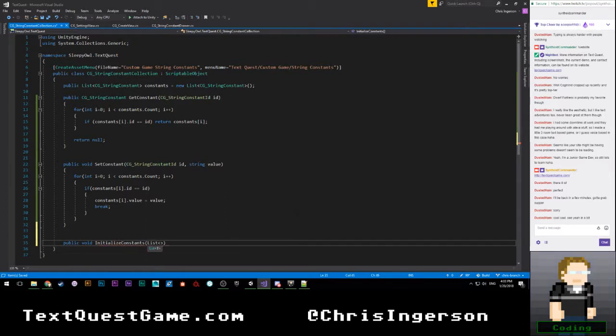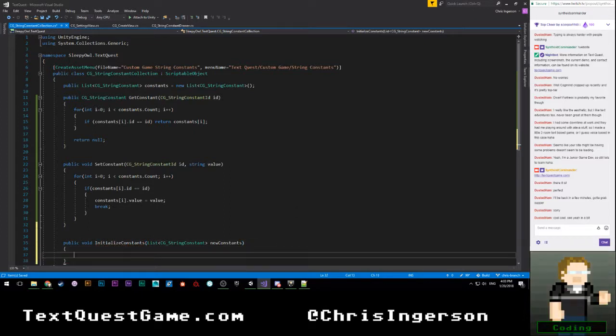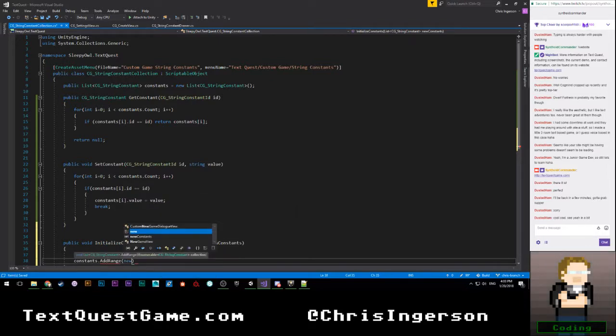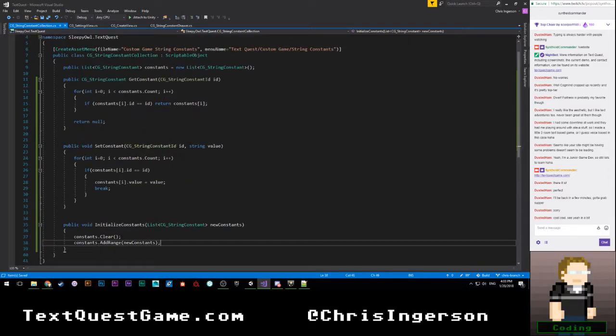We'll take a list of CG underscore string constants, new constants. All right, and all we're going to do is say constants dot clear, then constants dot add range from new constants. Very, very simple. And that's pretty much all we care about.